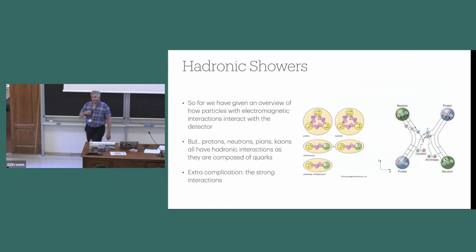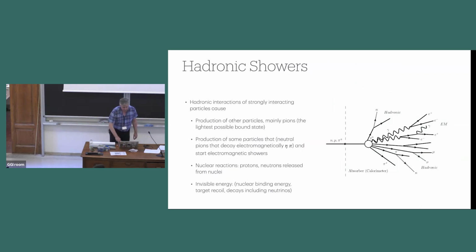And so finally, we'll talk about hadronic showers, given that we've had an overview of how the electromagnetic interactions interact with the detector. But we still have these other things that we'd like to detect. We'd like to detect protons, neutrons, pions, kaons. They have the extra complication that they also interact with the strong interaction, which the electron and the photon did not. So if you look at a hadronic shower, the hadronic interactions,